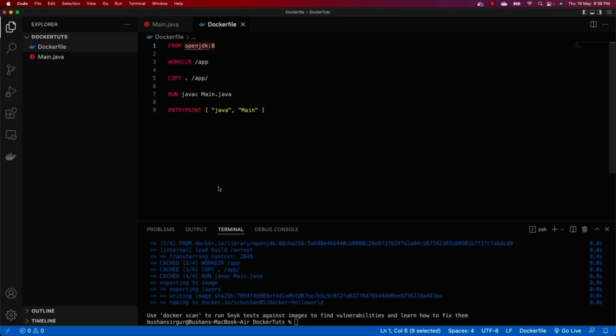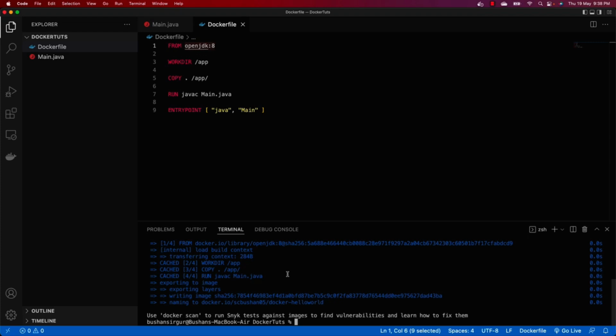That is why it was there in the cache. It has used it from the cache as well. That's why in my case it ran pretty quickly. But in your case, it may take a few minutes depending upon your internet speed. Once this command has executed and all these images are downloaded, once it is done, you need to